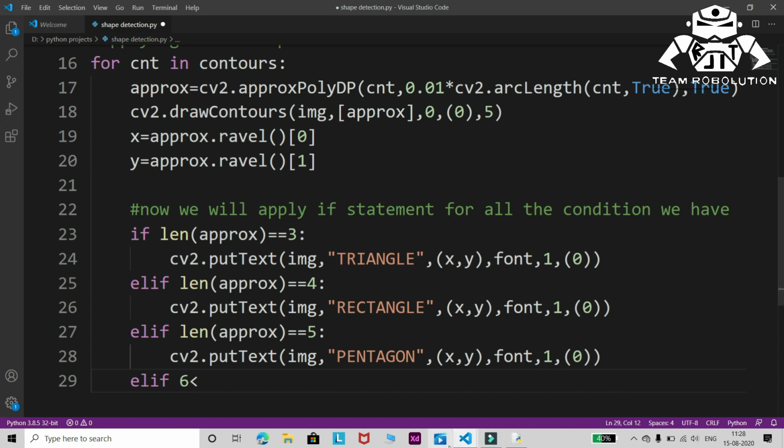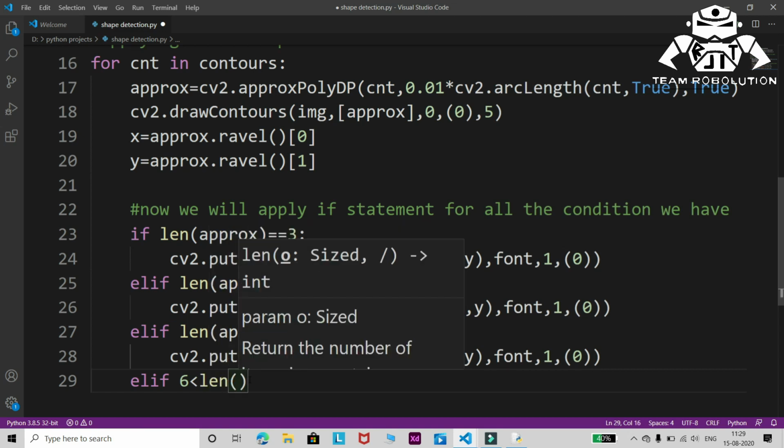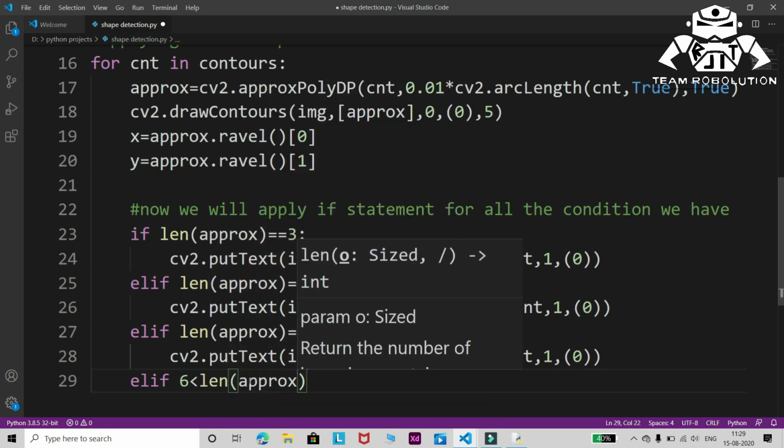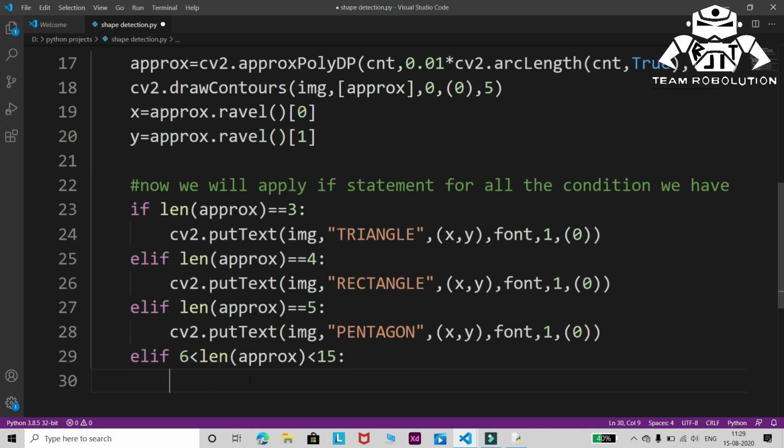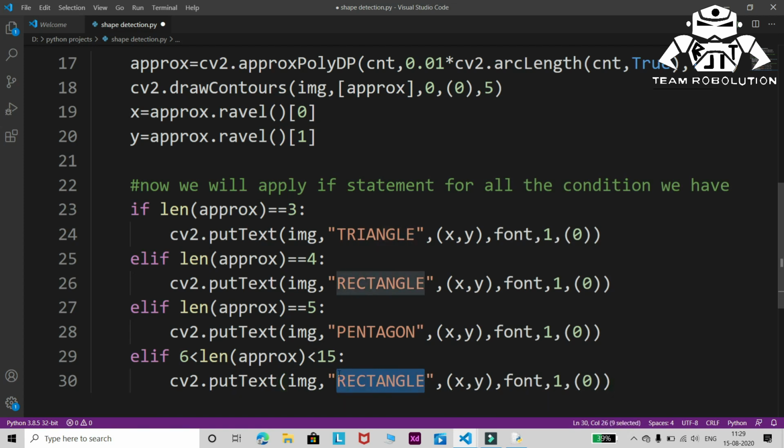Elif 6 less than len(approx) less than 15, then cv2.putText, it will be an ellipse.